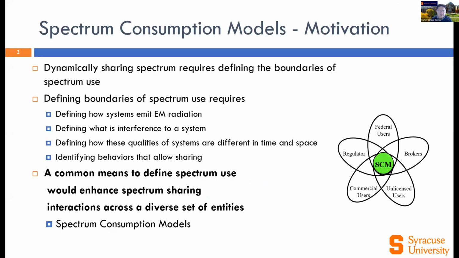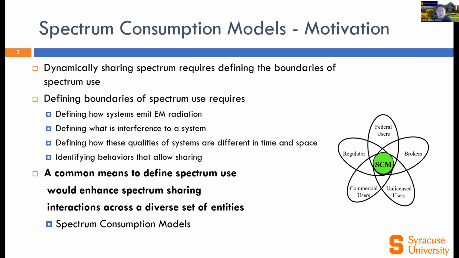So basically, besides my academic position, I'm also a member of one of the IEEE standardization committees on dynamic spectrum access networks, the 1900.5 standardization work group. And as part of that work group, we've been working on developing spectrum consumption models for quite some time. But the usual disclaimer: all the views and comments in the talk are only my own, not those of the IEEE